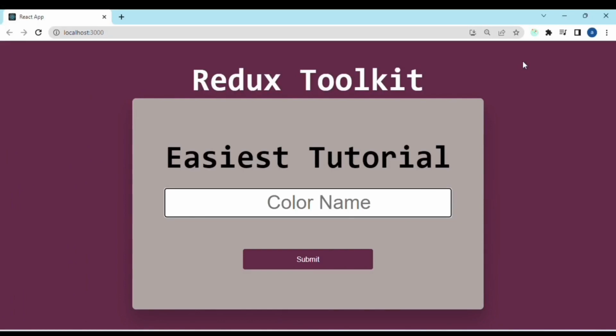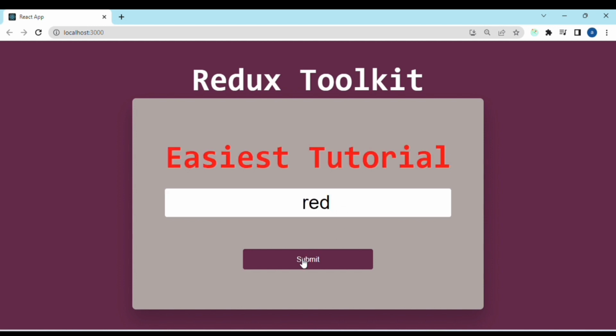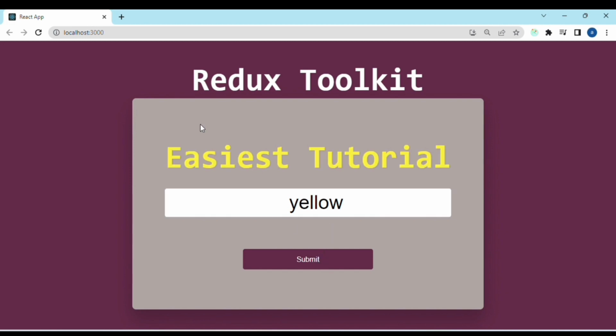Hello everyone. So today we are going to make this app using Redux Toolkit where we can give any color, let's say red, and if we click on submit, then the color of this text will also change. I'll do it again. If we give yellow and click on submit again, then you can see the color is